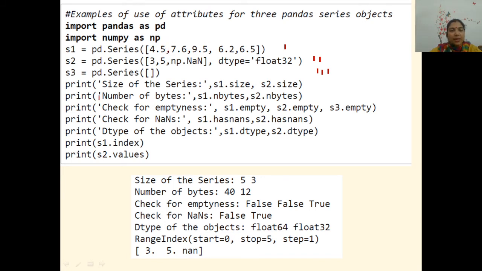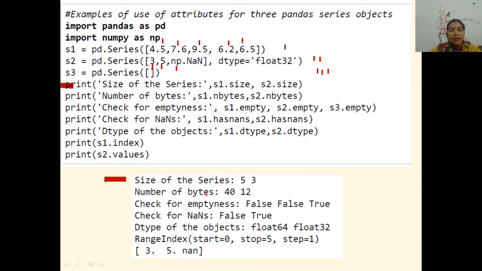Let us see. Size of the series, S1 size and S2 size. This first statement, and the outcome is 5 and 3. 1, 2, 3, 4 and 5, correct? 1, 2 and 3, I have 3 values here. So the size of the series S1 and S2 is 5 and 3.